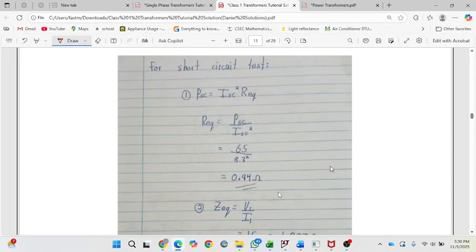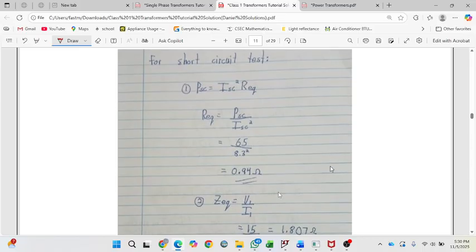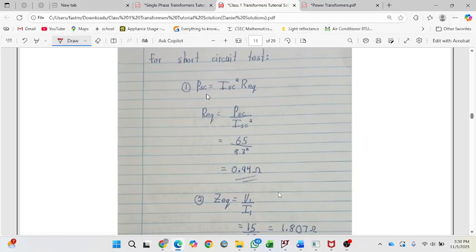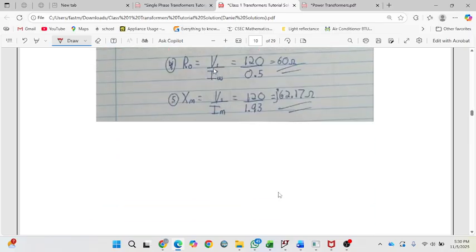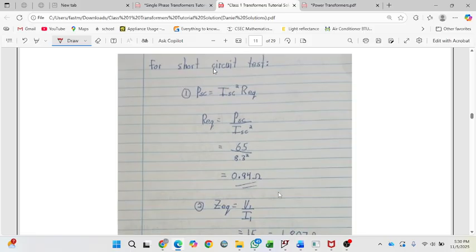Okay, same thing for the short circuit, but a little different. The reason it's a little different is that, compared to the open circuit, where your RO and the XM are in parallel, in the short circuit they are in series. So the first thing, when it's in series, is that you basically just have